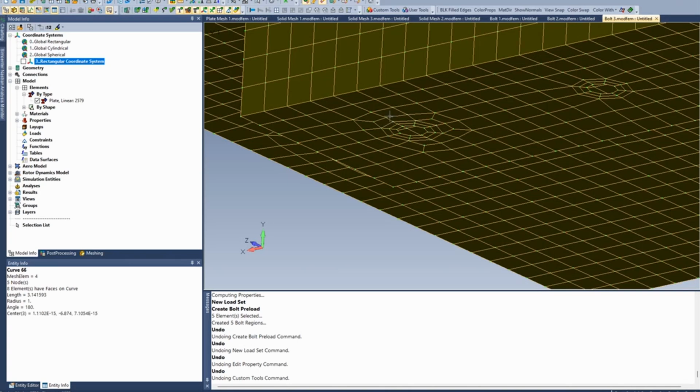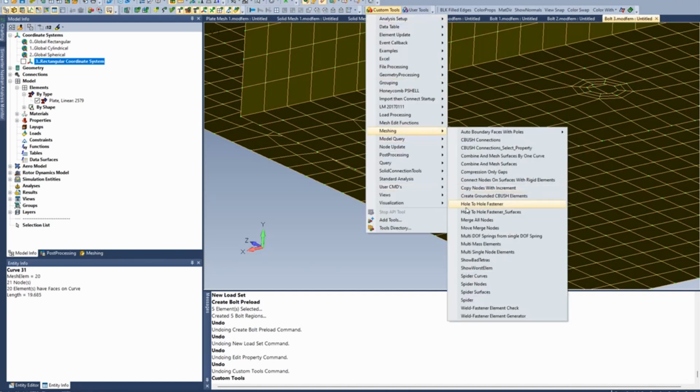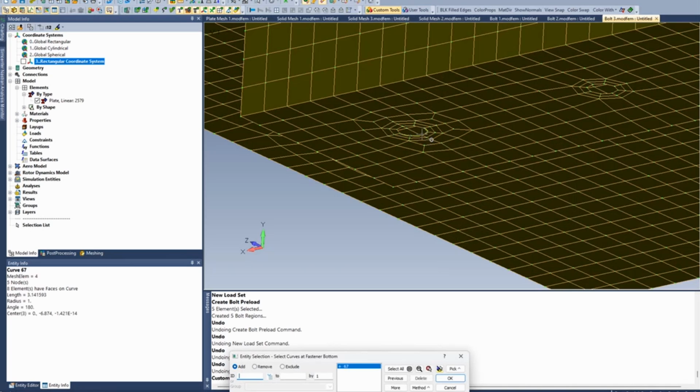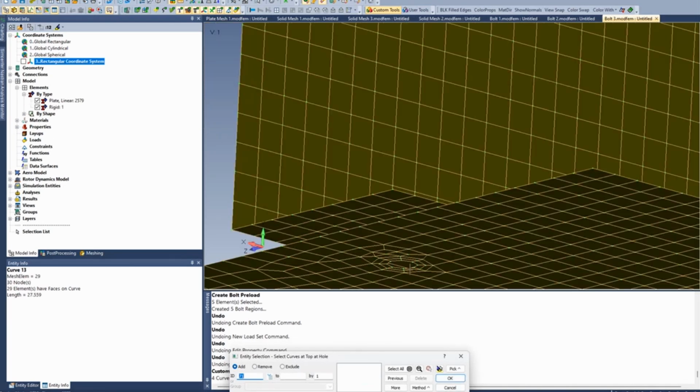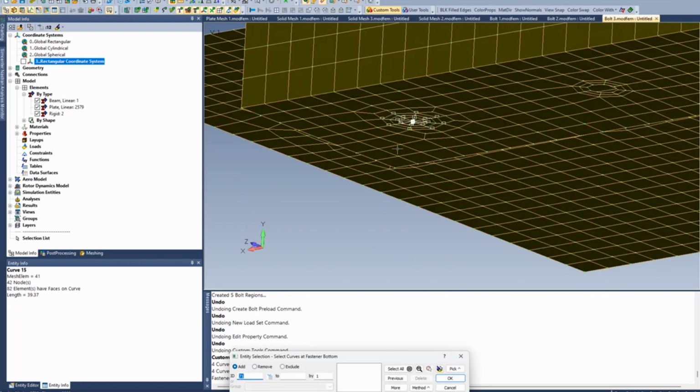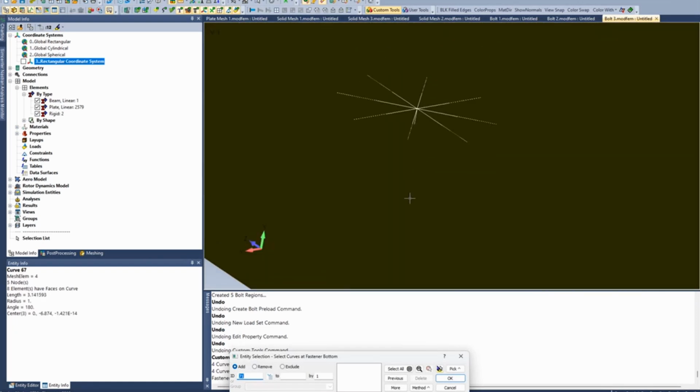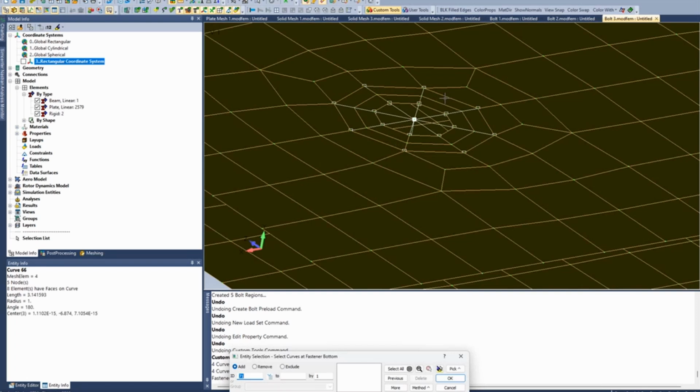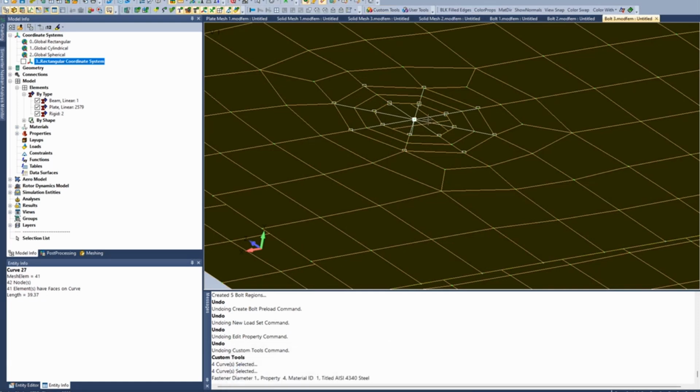But our hole-to-hole fastener, you're not limited to selecting just two curves. I mean, I could use that meshing hole-to-hole fastener, and I could select all four of the curves there at the top, spin it over, select all four of the curves at the bottom. And it would go ahead and do that. This may be good enough. I mean, it doesn't take the internal nodes on the surface, but it does get the outer nodes and the inner nodes, and it's still basing the radius